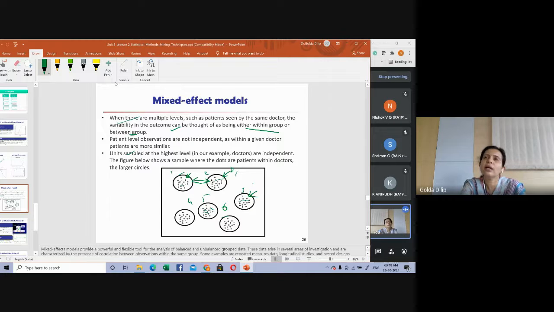Yet another way of dealing with this sort of data is hierarchical data, a mixed effect model. You can analyze the data one unit at a time. Here we have six units, six doctors, each having 10 patients. In that case we can run six separate linear regressions, one for each doctor in the sample.